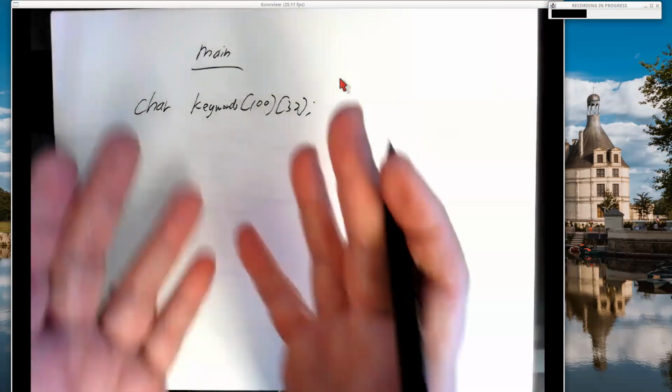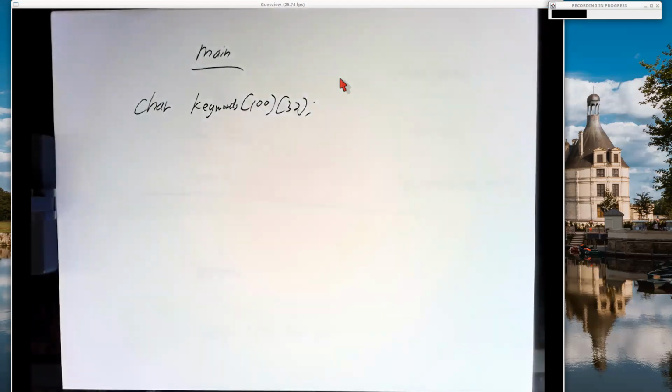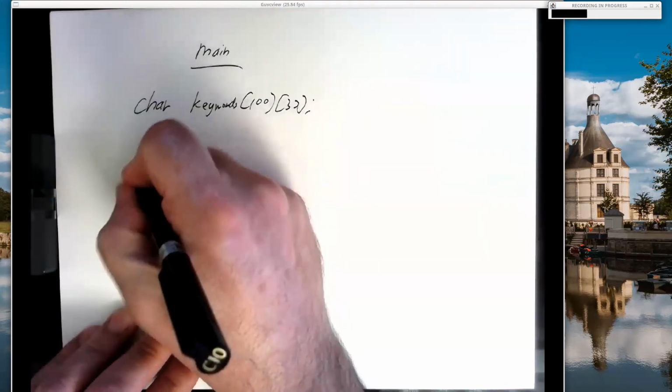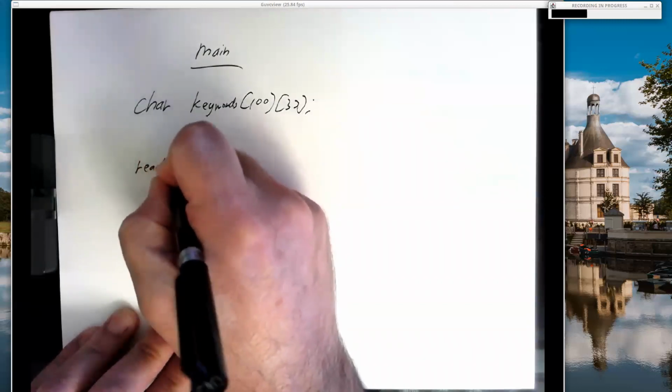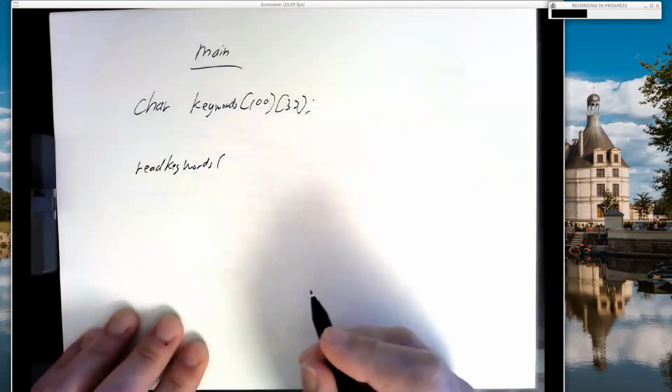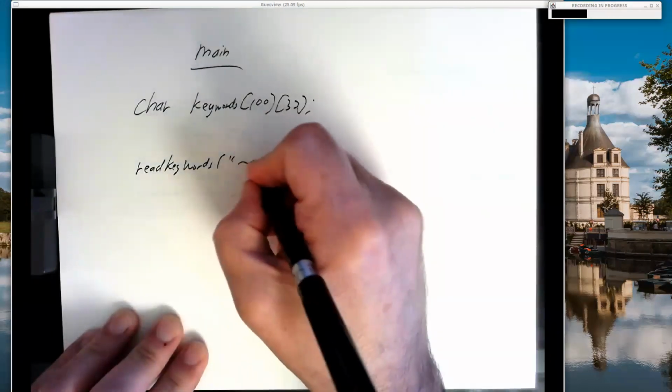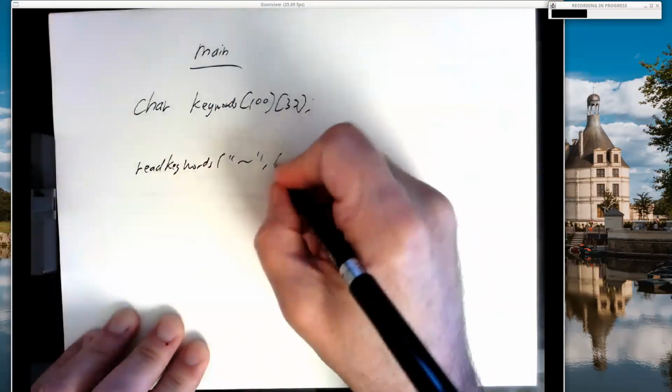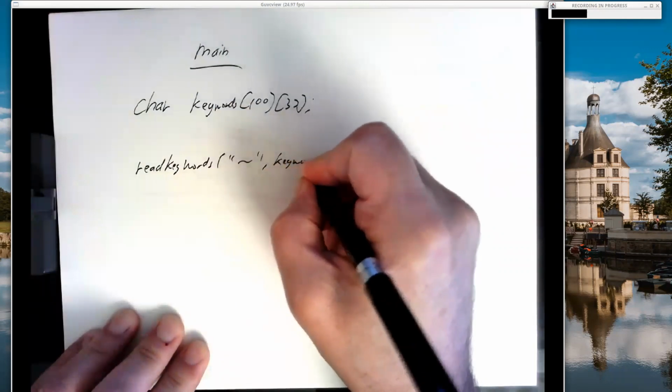So that sets up storage for an array of strings. And when we call something like read keywords, and we pass the file name, and we pass the second argument as this array,